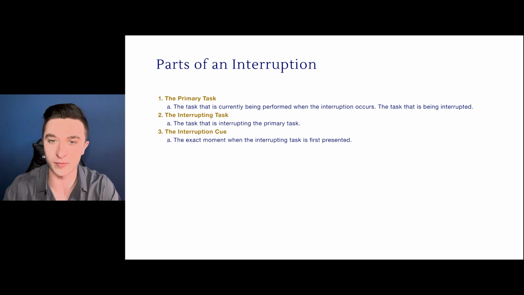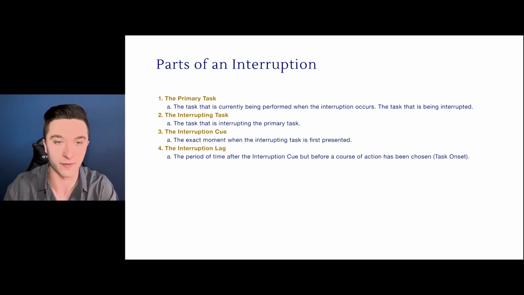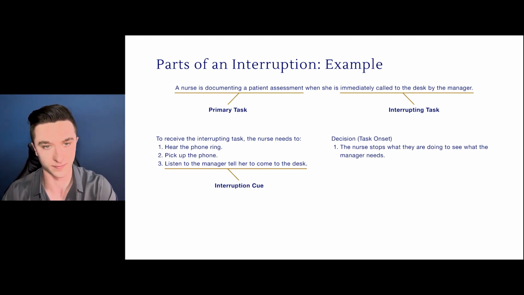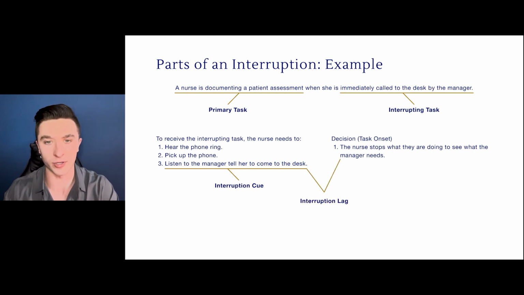Now, between the interruption cue and task onset is what we call the interruption lag. This is a gap that is defined as the period of time after the interruption cue, but before task onset, when you actually choose to do something. So taking our example here, let's say my decision, given this interruption, is to stop what I'm doing and go see what the manager wants. It's between the interruption cue that's marked here and making this decision here that the gap we call the interruption